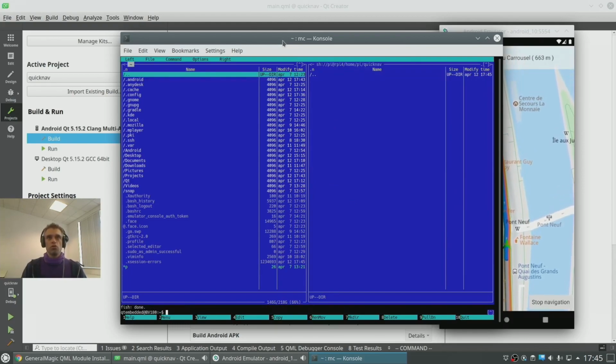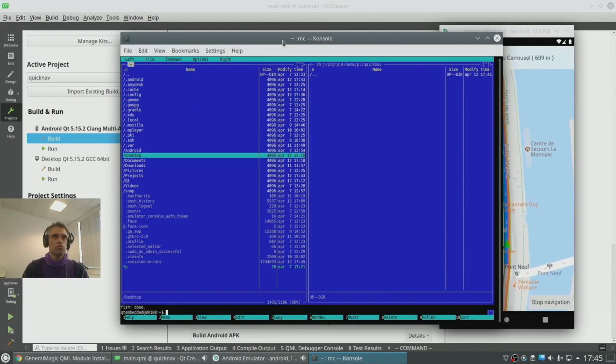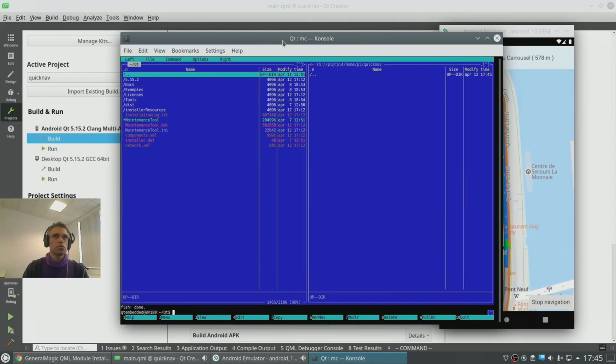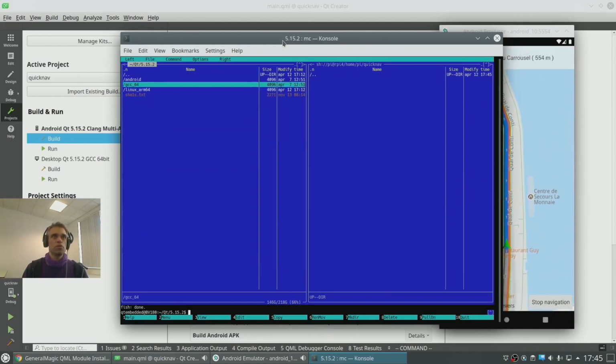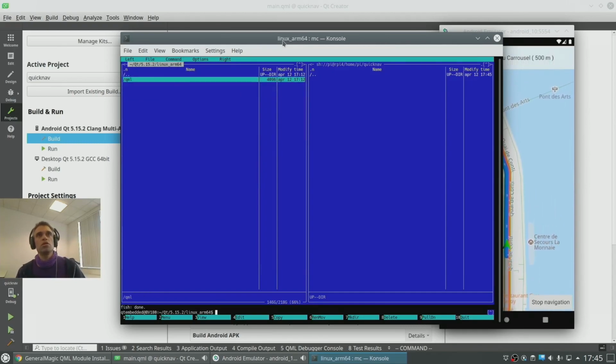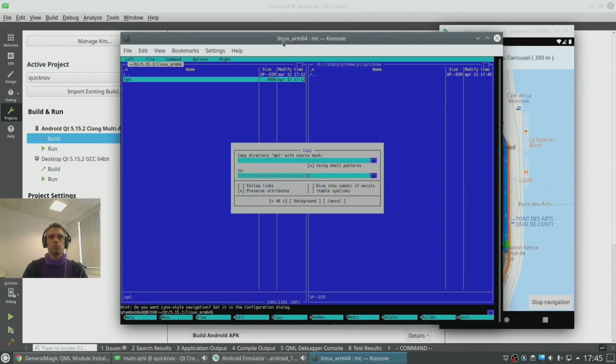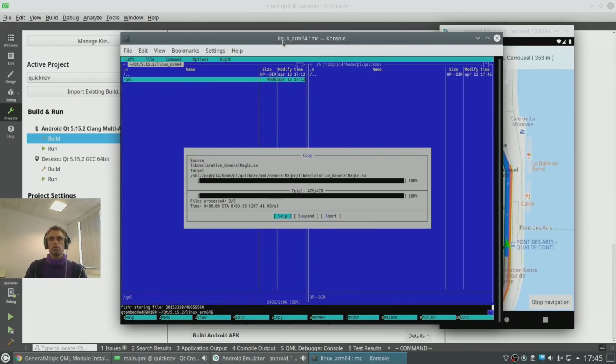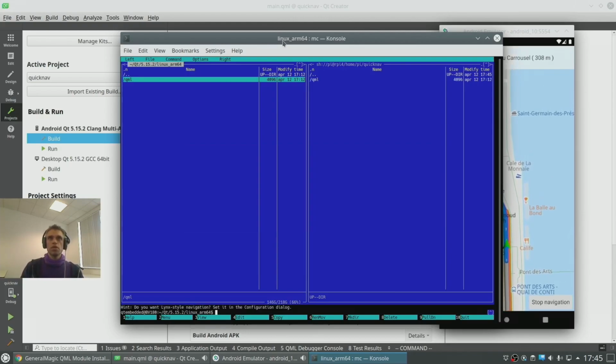We go back to our local machine, and we want to go here to Qt 5.15.2 Linux ARM64, and here is the General Magic QML plugin. There it is. So we want to copy this to the Raspberry Pi. It's copying, and that's it.